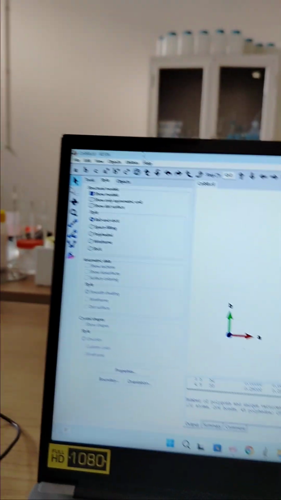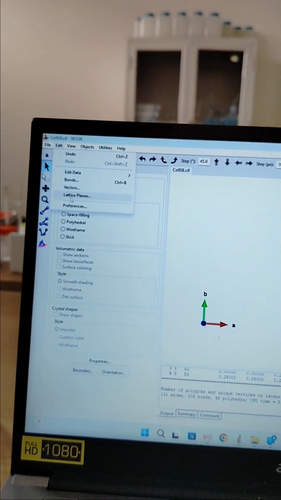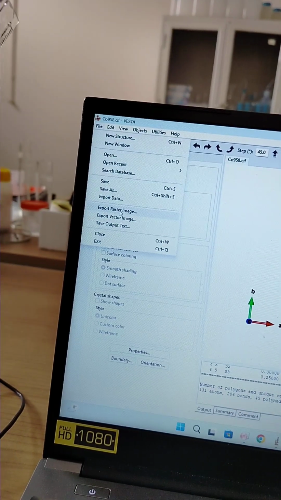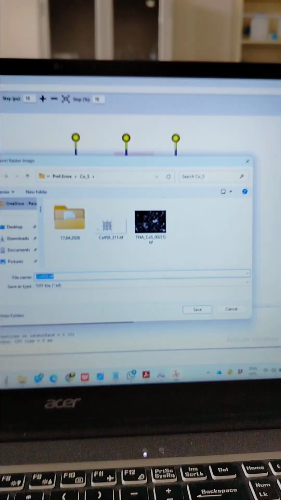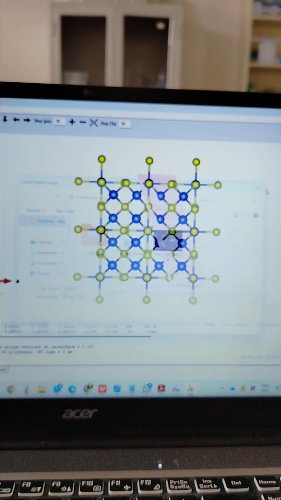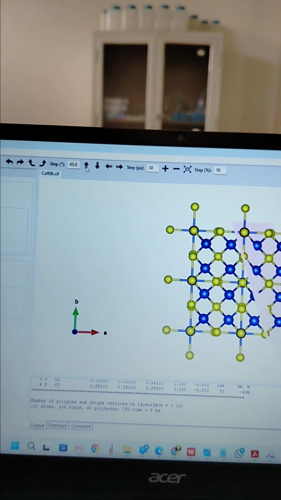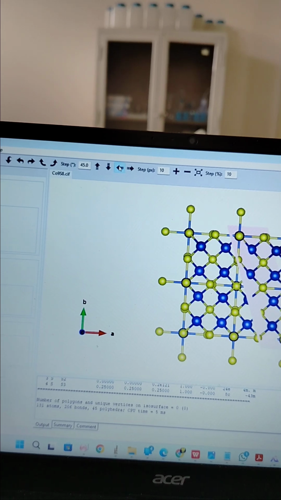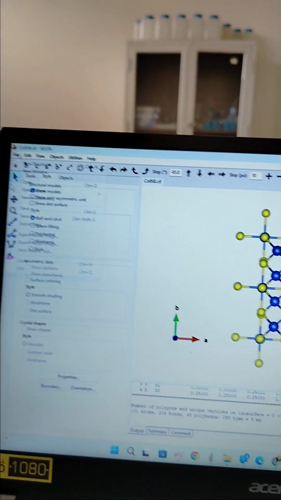So now how to save this image? Save this image, not like normal saving. Go for file, and then if you go export raster image, then you can go for export raster image. However, before saving, I want to do another thing. I don't like this distance, so I want to reduce this distance. How to do that? Just click here, and then it comes near to the axis. So now I will save as file, export raster image,